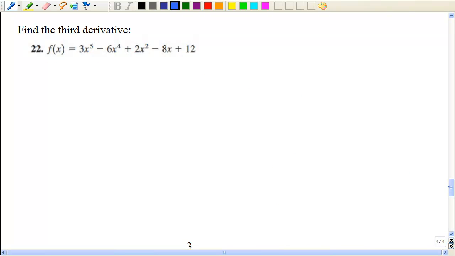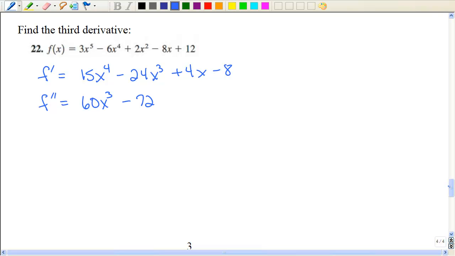Okay, so now I'm finally asked to find the third derivative. You will notice it's just a polynomial. It's not that bad. So we're going to find the first derivative by using the power rule. Notice we've decreased it in power. Now the derivative of that, let's see, 4 times 15 is 60. We decreased in power one more time. And then the third derivative,